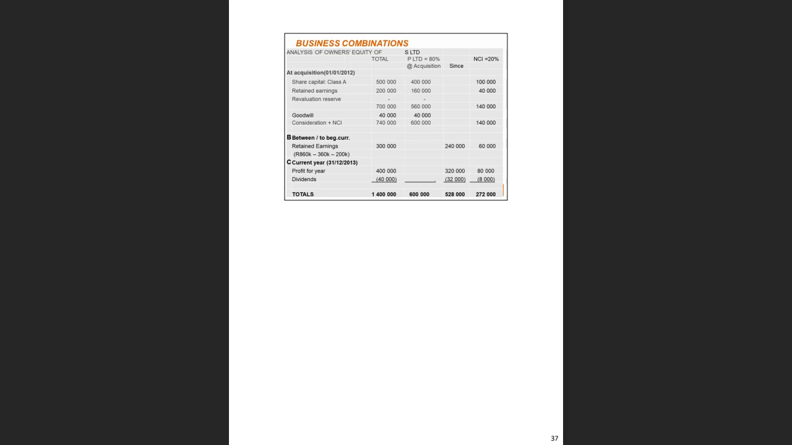So if we see we're paying 600,000 Rand and we're only getting 560,000 Rand worth of equity, it means our goodwill is 40,000 Rand. So we paid more than what we got. Therefore, there's a portion that is attributable to goodwill, and this is 40,000 Rand in this scenario here. Now we need to look at our post-acquisition retained earnings. So they told us in the scenario,